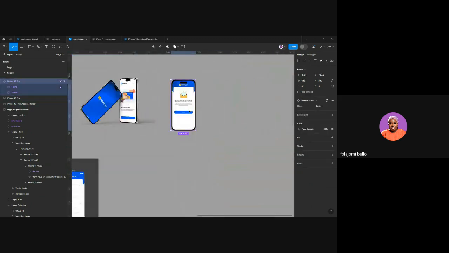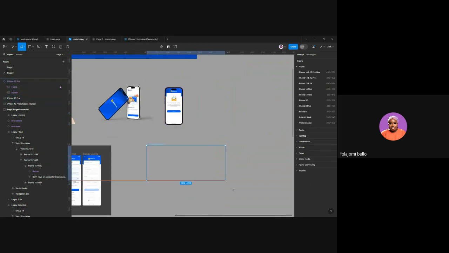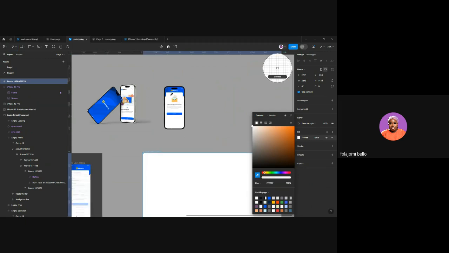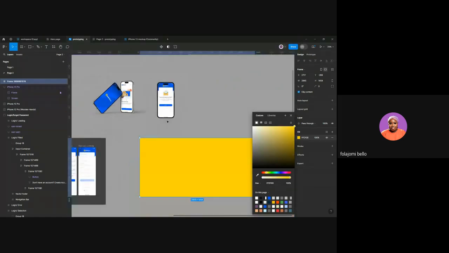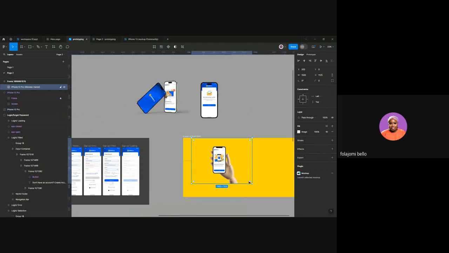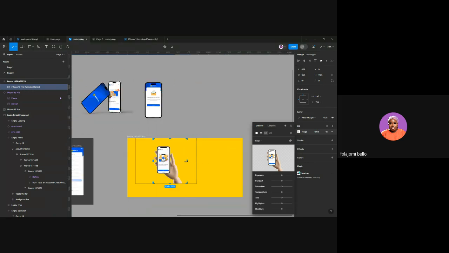And I can decide that okay, I want to now do a presentation. So in my presentation, I have this. Let me change this background to something relating, let me just pick the color from here. Yes. Now I want to do my presentation. Bring this in. Now because it's too wide, I want to reduce it. So I'm going to crop the empty space away, so that I just have